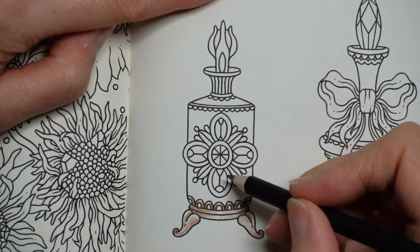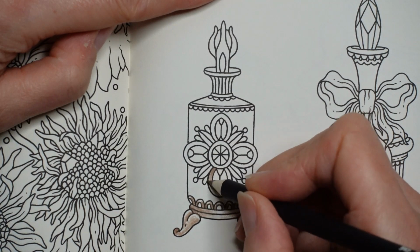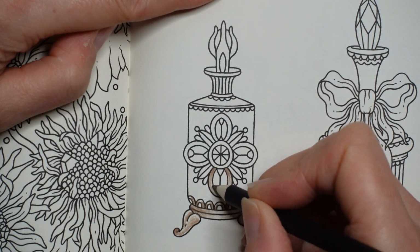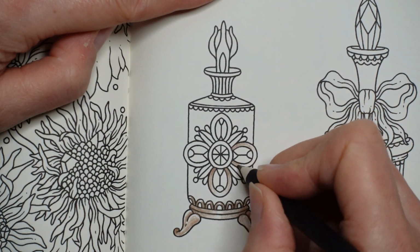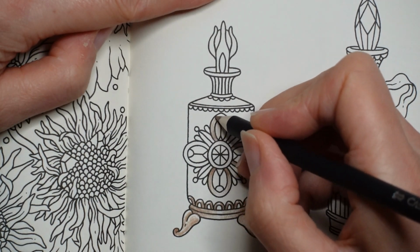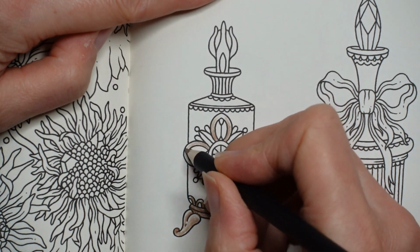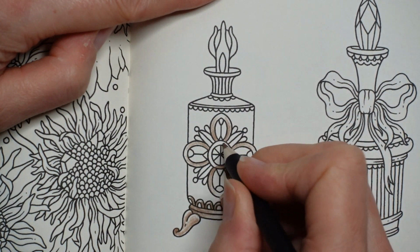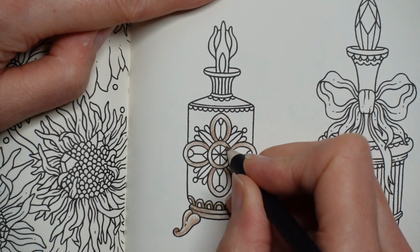There we go. Now we've got these rounded pieces. I think I'm going to do them all in a similar way, so make them darker where they're close to the centre and then fade them. I'm going to do that on every one, and it probably doesn't work logically light wise, but I think having that symmetry looks good, so that's what I'm going to do. So the central one, I'll make it darker there and there, and then fade it up the sides. We've got a little white shine there,